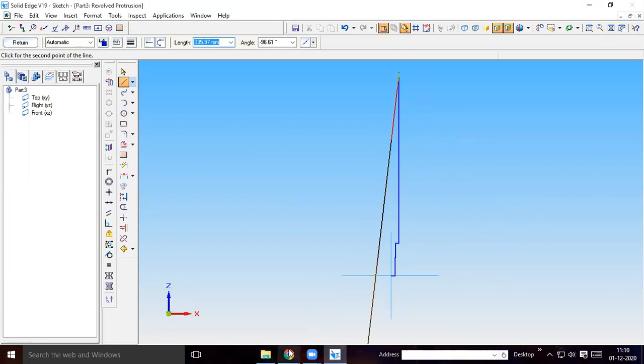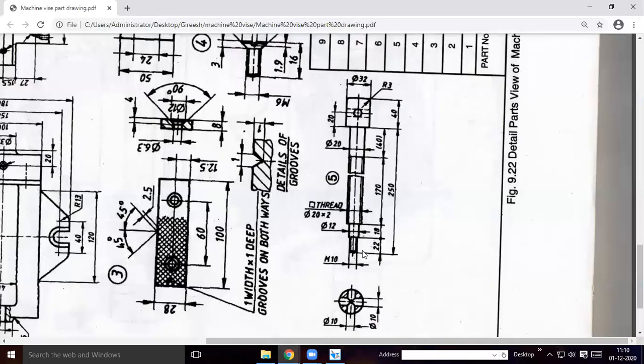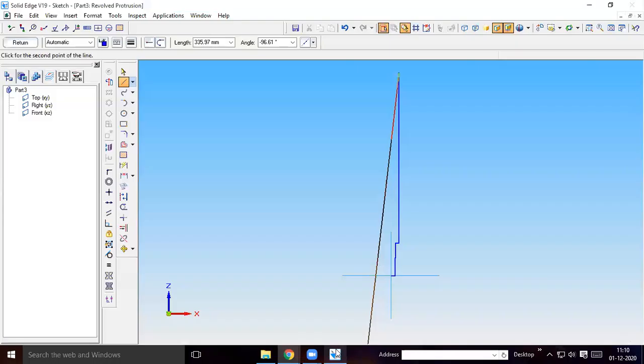See here, 5 mm 0, 22 mm 90, 1 mm 0, 18 mm 90, 4 mm 0. From end to end it is 210. So this distance will be 32 minus 20, it will be 12 mm, so on one side it will be 6 mm. 6 mm at 0, then 40 at 90, then 16 mm at 180.